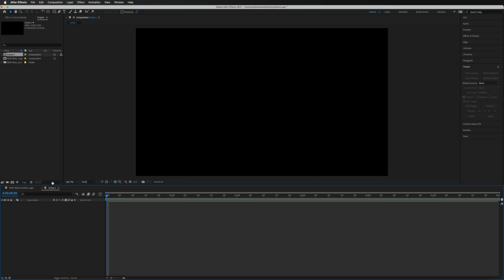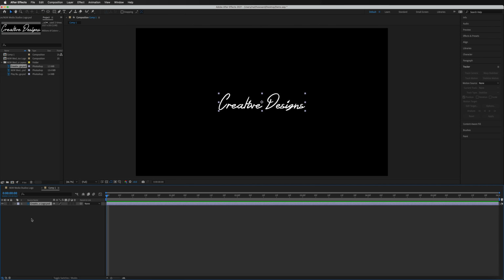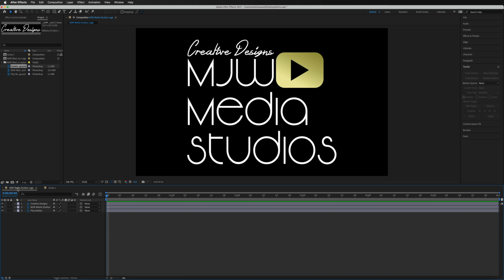If we make our way up to our project window and open up our folder right here, I'm going to use these same files as an example, but you can import any other files inside of here if you wanted to. If I want to bring any of these files into our new composition, I can simply select one, drag it down and drop it inside of there. So now you can see this is inside of that new composition, and there is our original.